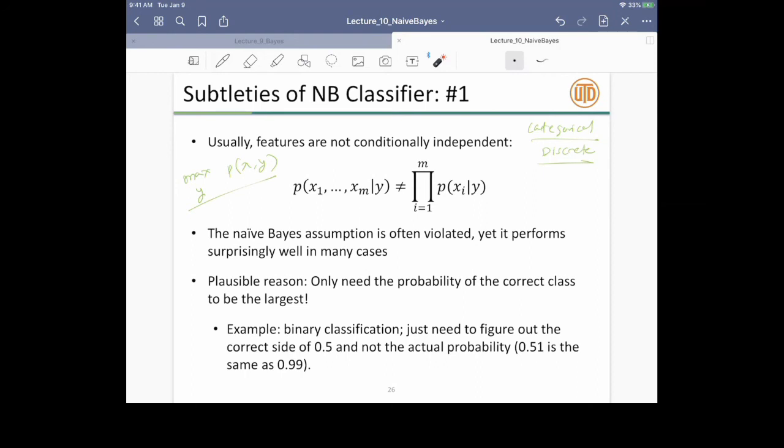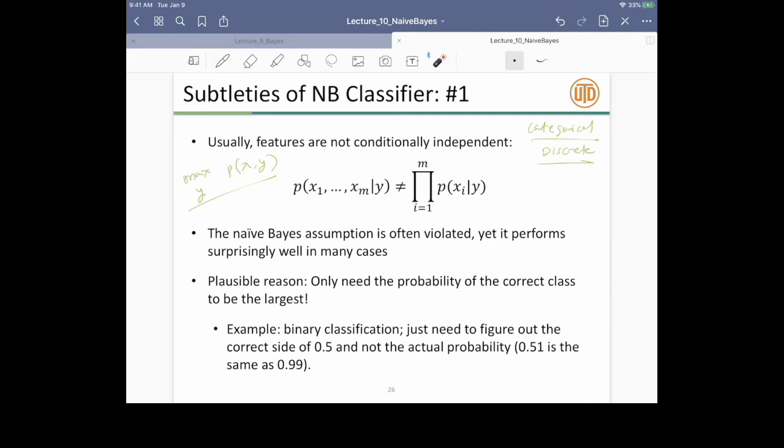But one thing to keep in mind is if you want a good probability. So imagine you are trying to predict a disease. You are trying to predict whether a person has, say, jaundice, or a person has a cold or flu, right? Well, one model could just say that, okay, I think a person has flu. But that is not good enough. In a real world application, you really want to be able to give a certain probability. I want to say that, okay, my model is 90% confident that you have flu, right?